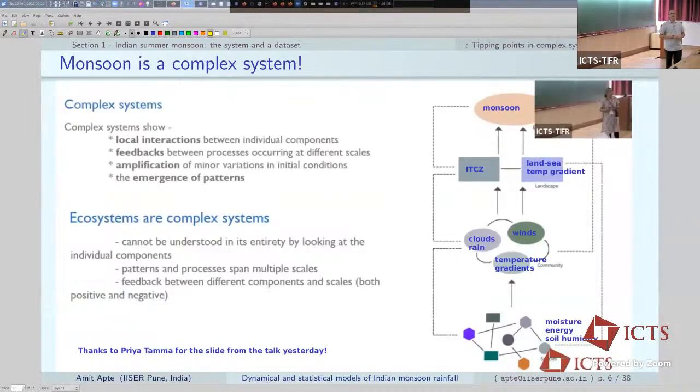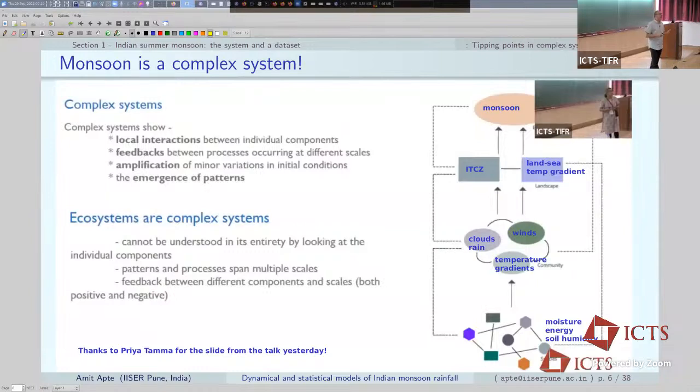So I guess one thing I would like to try to convey is that it is a complex system for various reasons. And luckily, I didn't really even have to type the slide. A wise lady yesterday said everything about complex systems that I could have said. And all of these apply to monsoon as well, word for word, literally. Local interactions, of course, fluid dynamics, these are all fluid systems, these are all local. But the local interactions between individual components are not quite what describe the system behavior, right? I could have crossed out the ecosystem here and put monsoon, and it would still be the same. They cannot be understood by just individual components.